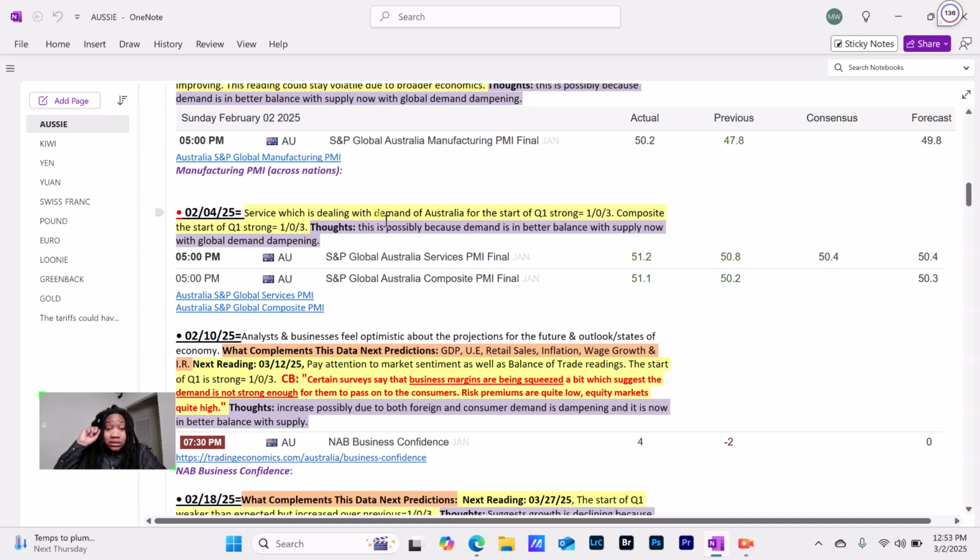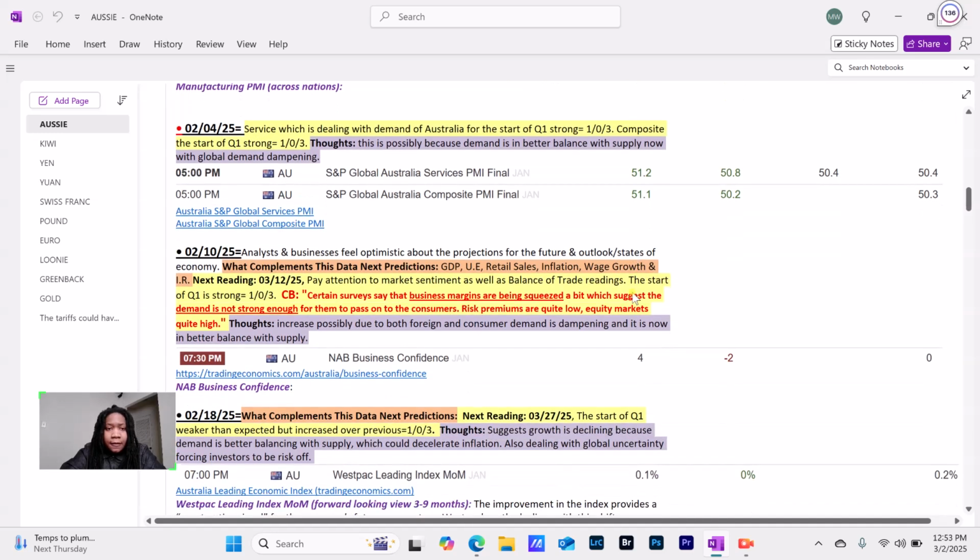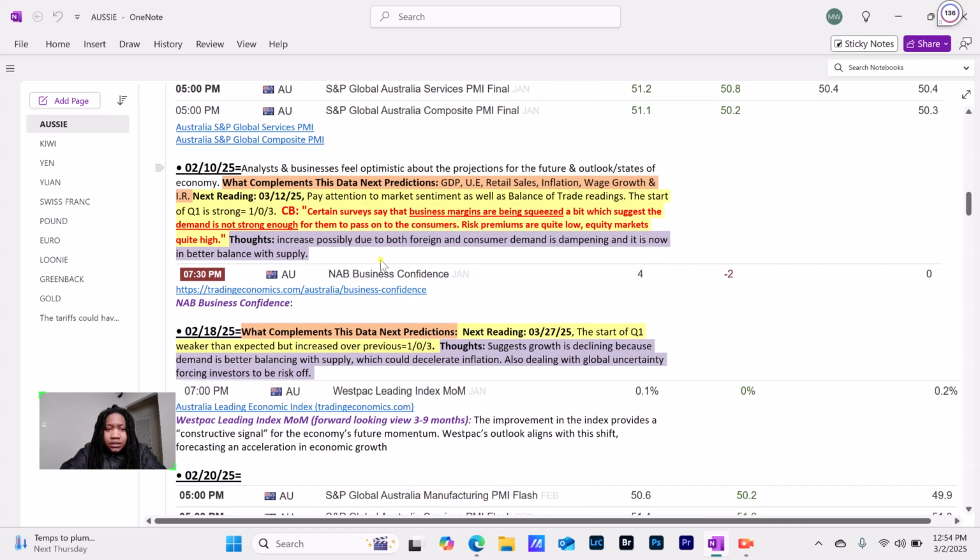So services also deal with the demand of Australia. It's doing pretty good. Right now, the composite is pretty good, a little bit above the 50, so it's still in expansion territory. So that's looking pretty good there. Now the business confidence was pretty high for Q1, the start of Q1 in January, right? And I want to stay on top of this